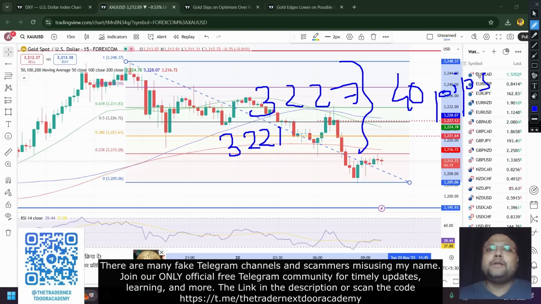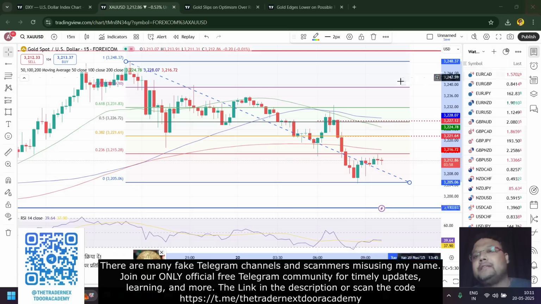If the market goes up and shows price rejection from above, here also again, do not place the sell position blindly. For example, if you see that there is a sudden recovery on the chart of gold and the market is standing at 3221 with a big green candle, then do you think you should go for a sell? Obviously no. Use your common sense. So these are the 2 levels on the chart of gold. You can go for a sell as a day trader if the market shows price rejection from above.